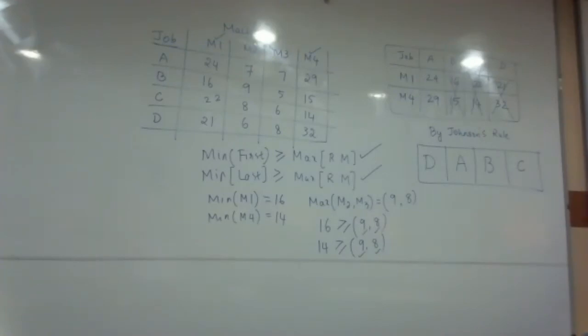And the second method was processing n jobs through 3 machines. And the third was processing 2 jobs through n machines. Of course, it is also one of the methods, but since it was not part of your syllabus, I have not taken up that particular method. I've just omitted that. And then we have come to the last method, method number 4, which is processing n jobs through k machines. So totally 3 method problems we've solved as far as sequencing is concerned.